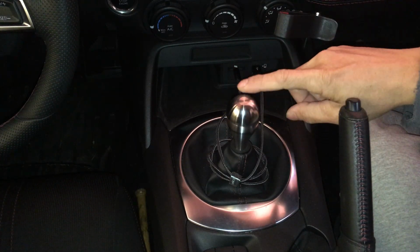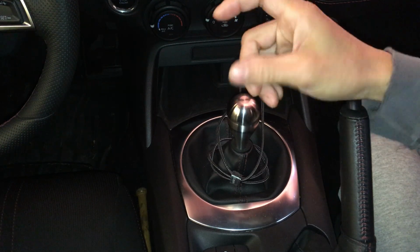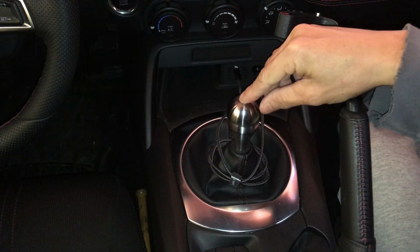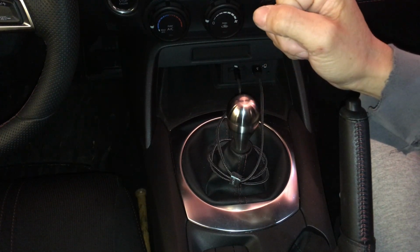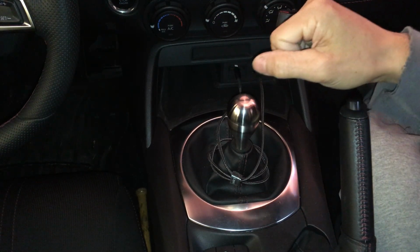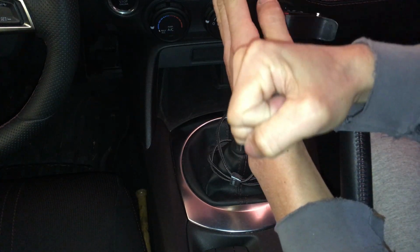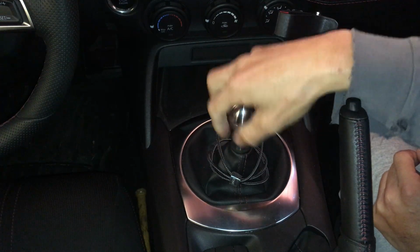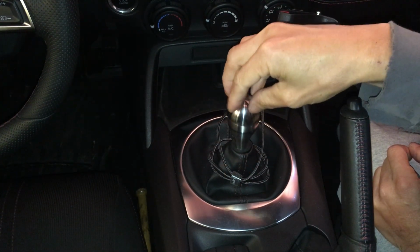So that's what I like about this CorkSport one, is that it's only 14-15% shorter. You still have the notchiness, but it's not that notchy. It's just a little bit, just enough that you feel more mechanical. The leverage where the fulcrum is, is a little further down, so you still have more leverage, so it requires less effort, and you could get away with a lighter shift ball,